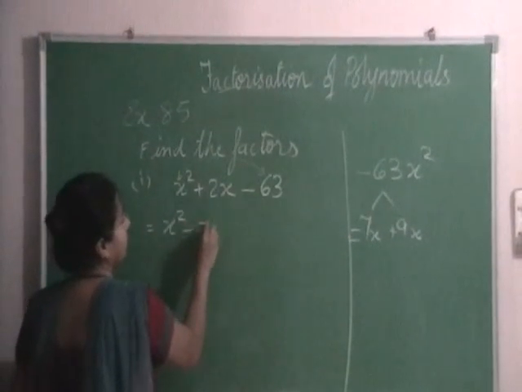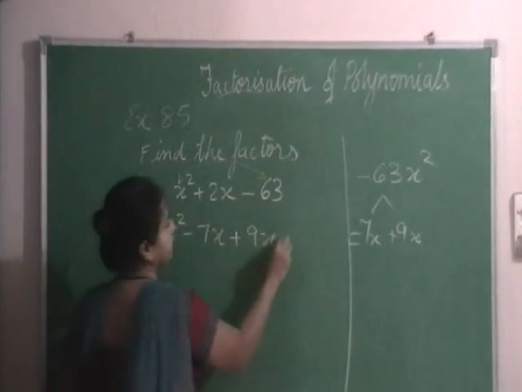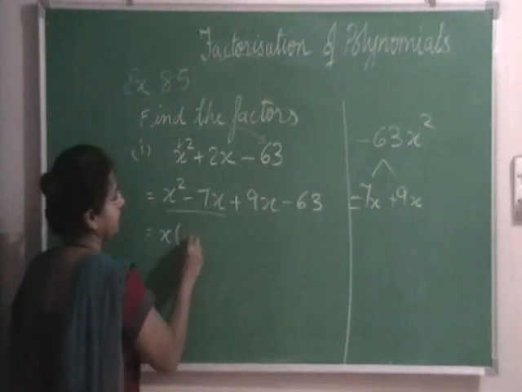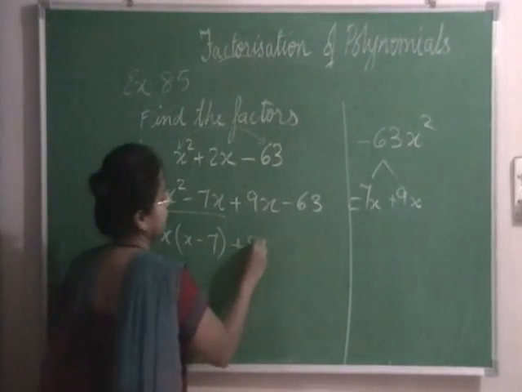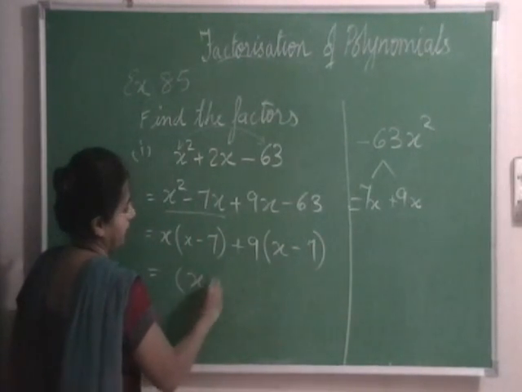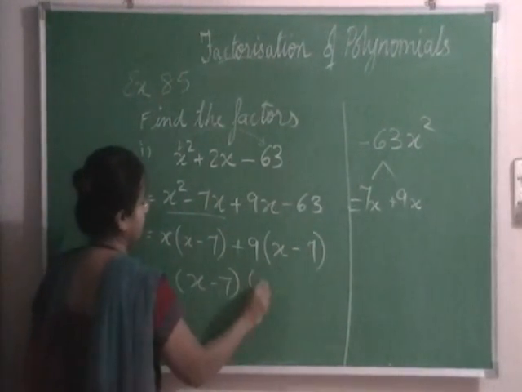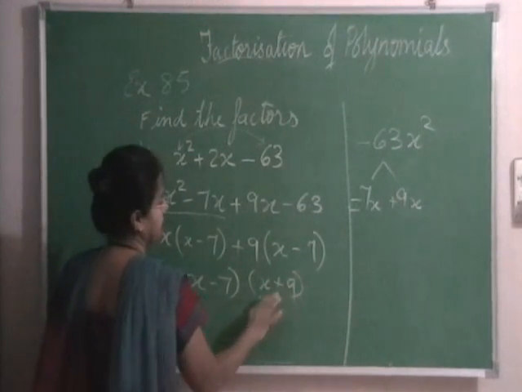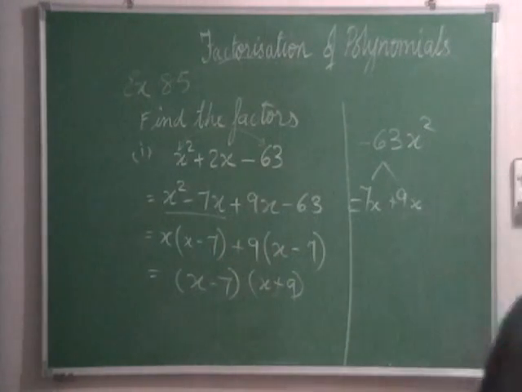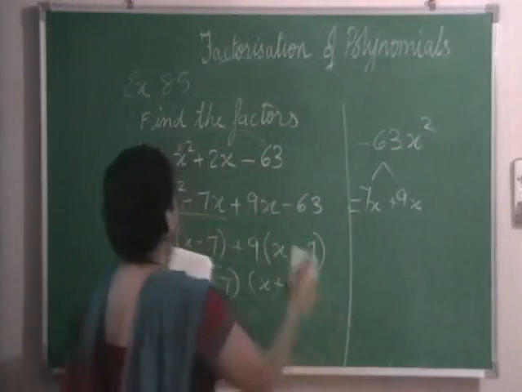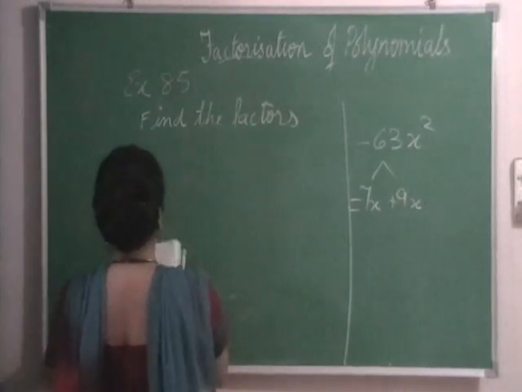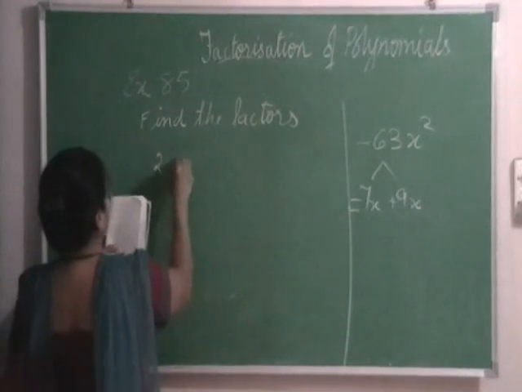X square minus 7x plus 9x minus 63. Common over here is x, inside will be x minus 7, plus 9 common, x minus 7. One bracket will be x minus 7, other bracket will be x plus 9. So this is the answer for the first sum of exercise 85. Second sum. Second sum is y square